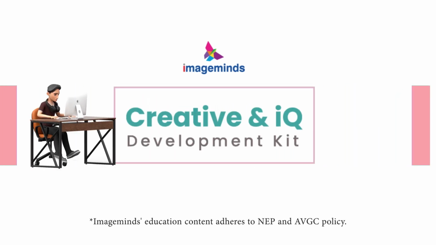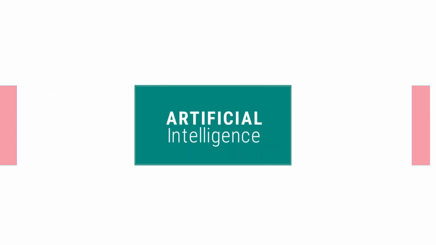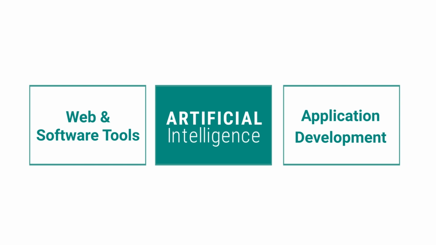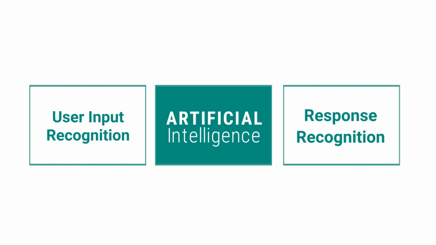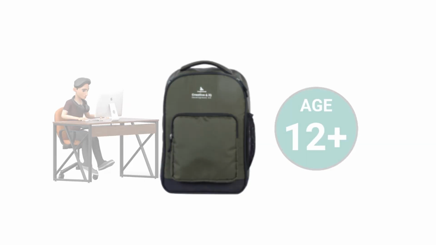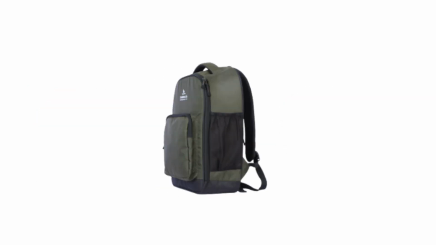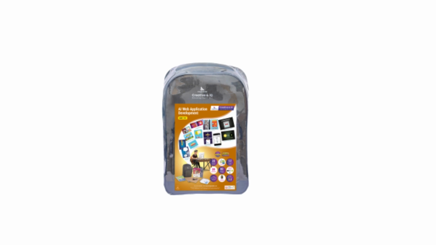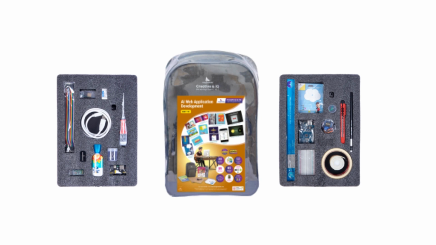This Imageminds Creative and IQ Development Kit houses activities that introduce children to the world of artificial intelligence, where they use a combination of web and software application tools to develop applications that recognize different forms of user input and respond accordingly. The fully loaded age-appropriate toolkit comes in a stylish multi-utility backpack that houses materials to train a responsive model,